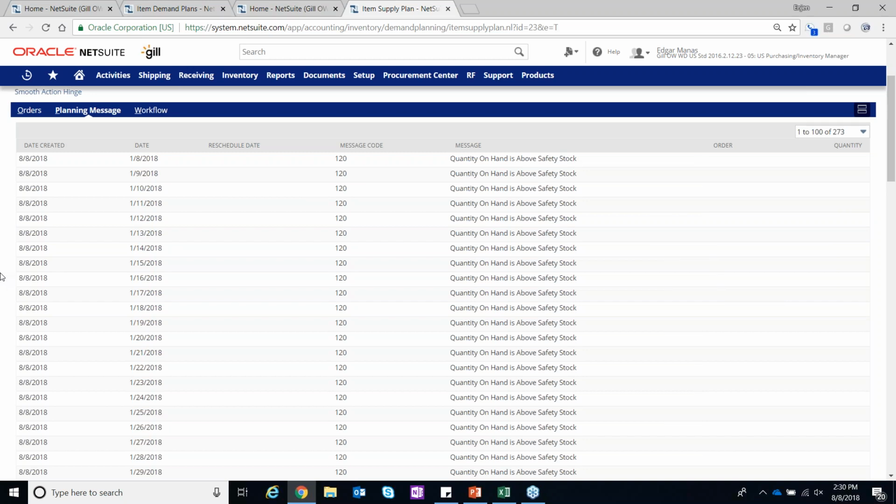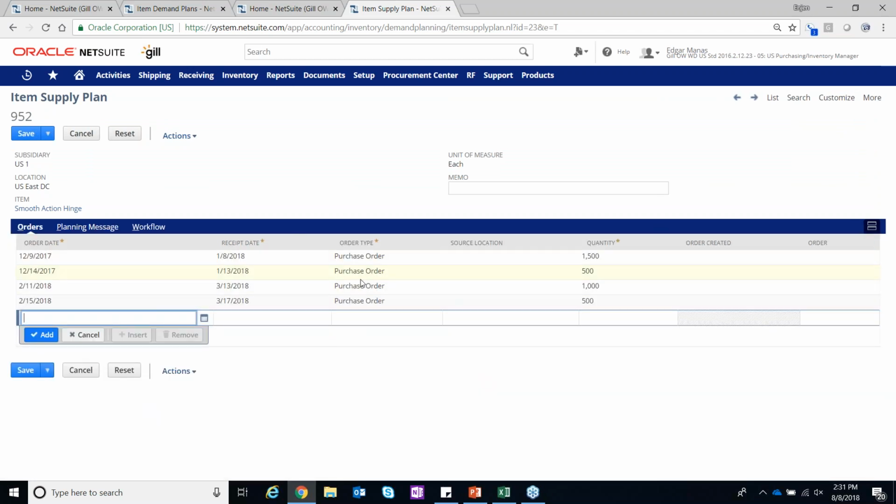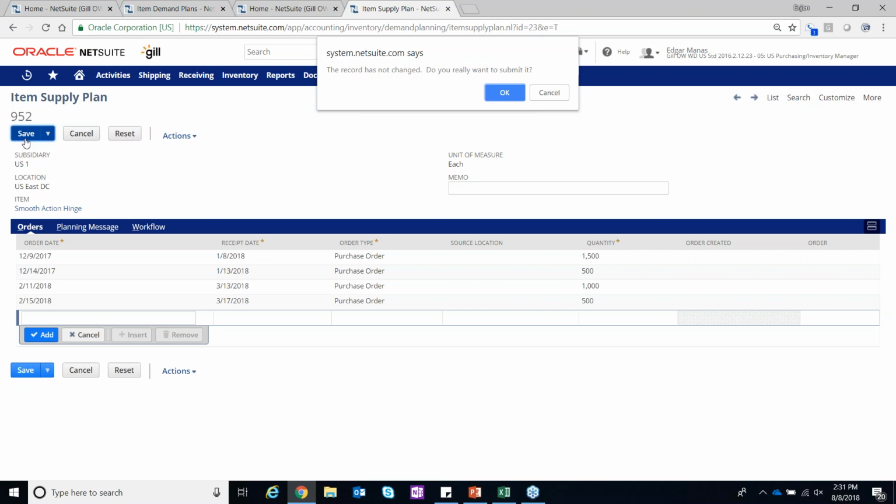We have options like projected on hand will be negative. Projected on hand is below safety stock. Outstanding unapproved purchase orders or planned work orders should be rescheduled due to demand changes. We can have messages directing us away from here as well. So we've just seen our supply plan that was generated. We've seen how we can review that in the planning message and see over a period of time what's actually necessary. Once we save our item supply plan,